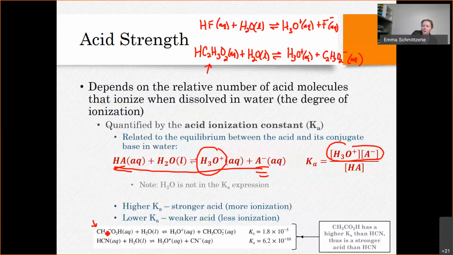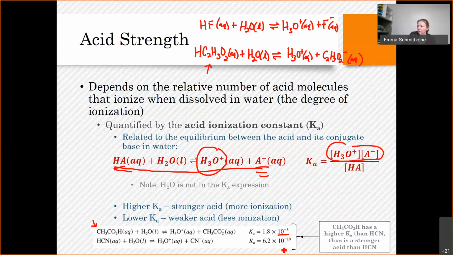Those are the same compound. They're just written in a different order. I apologize, that's common. It depends on who wrote it, on which way they write it. It's the same compound. But if you look at the Ka values, what you'll see is this first one is